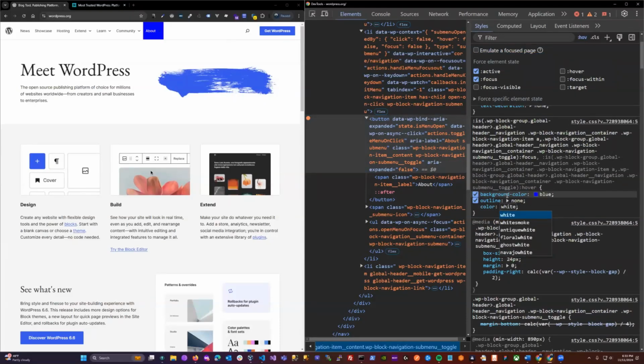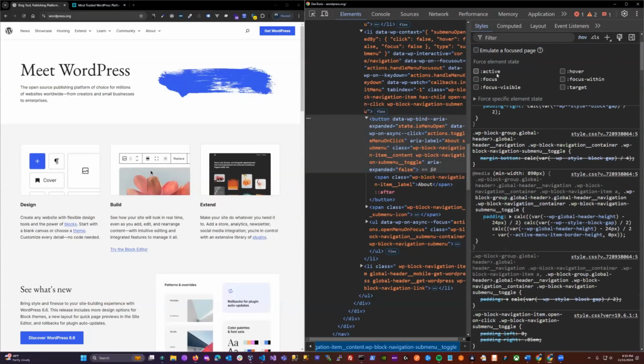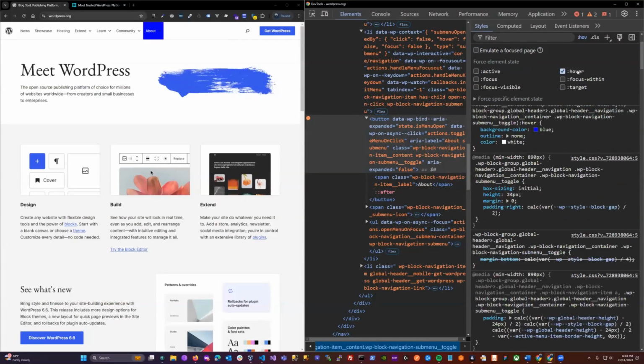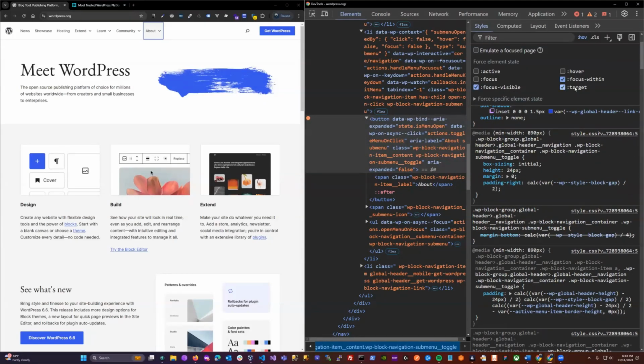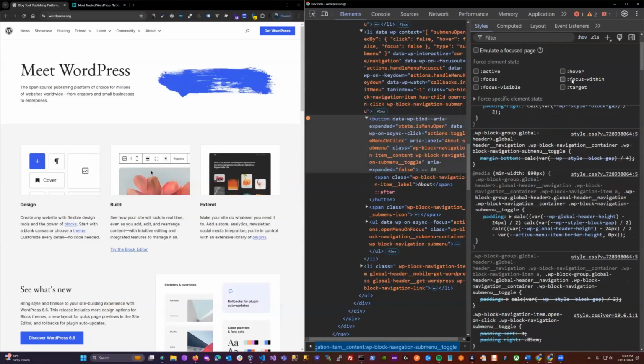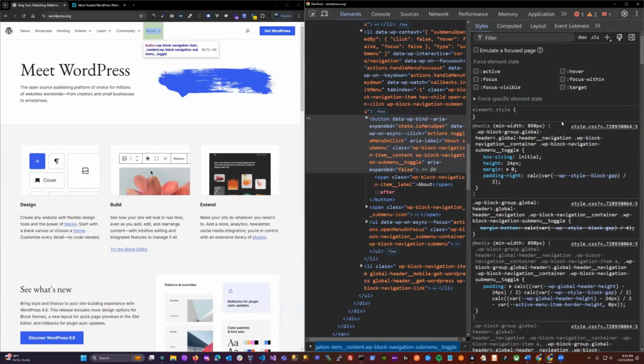Color, white. And now we have new styles for that. This is great. Let's turn that off. Hover state. There we go. Focus within, target, focus visible. The outline now appears. So this is a great way to see that your styles are working without doing certain